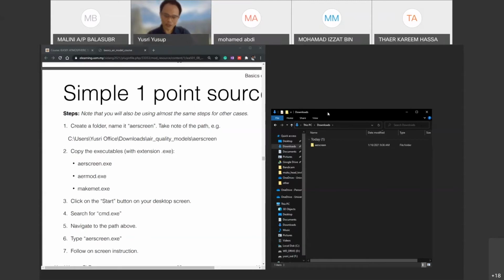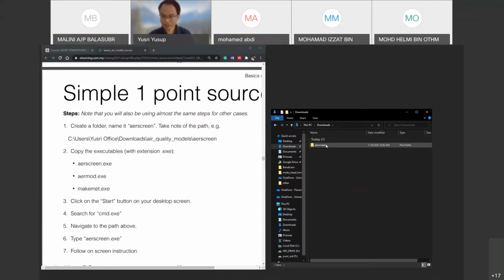Okay, thank you, doctor. You'll understand this later when we actually do it. I think I can mention some things about the name of the folder. I recommend not to name the folder with a space. Keep it simple as much as possible because we'll be typing this out. You'll understand what I mean later. Keep the name simple, keep the name lowercase, and don't put any space in the names. For example, AERSCREEN, then you put a space and doc. Don't do that because you have to somehow type the space there. And if you need to have a space, put an underscore so that it becomes one name